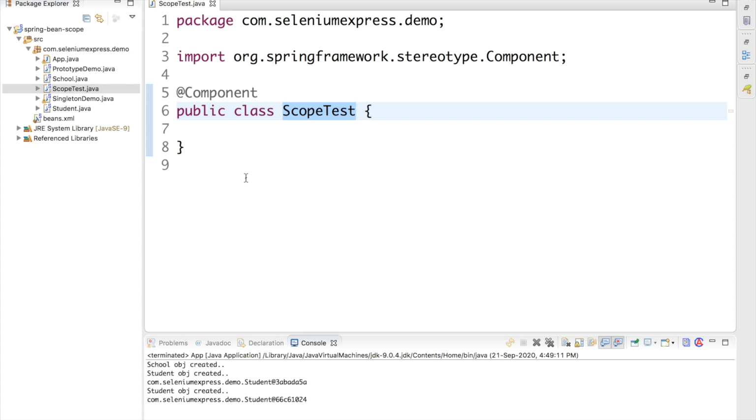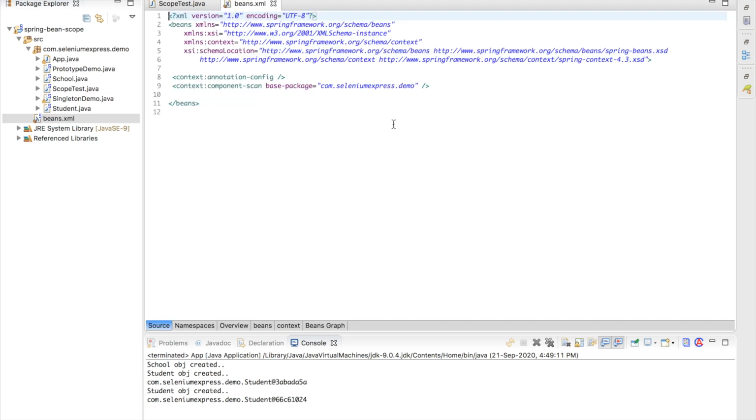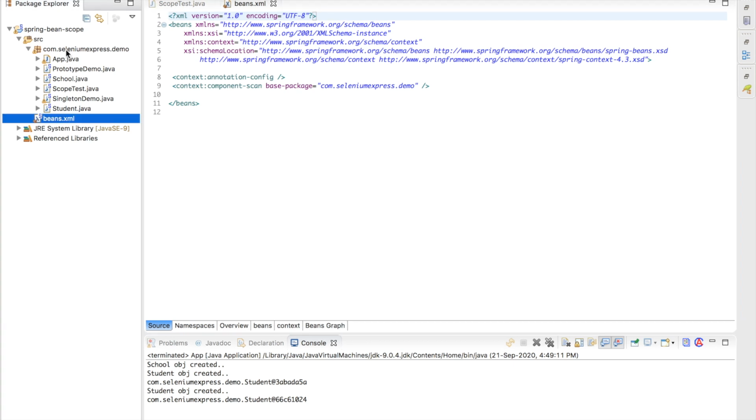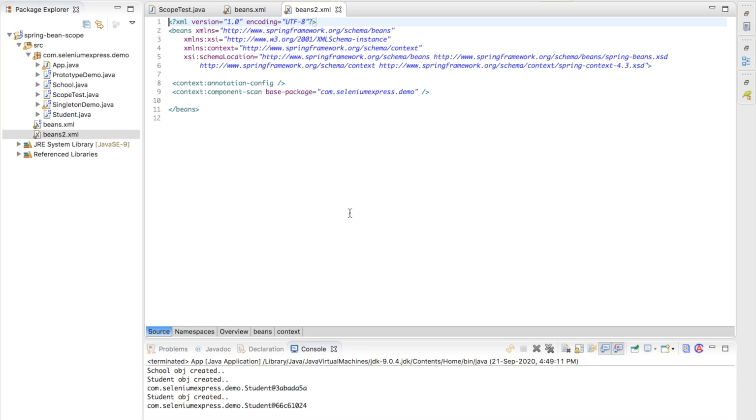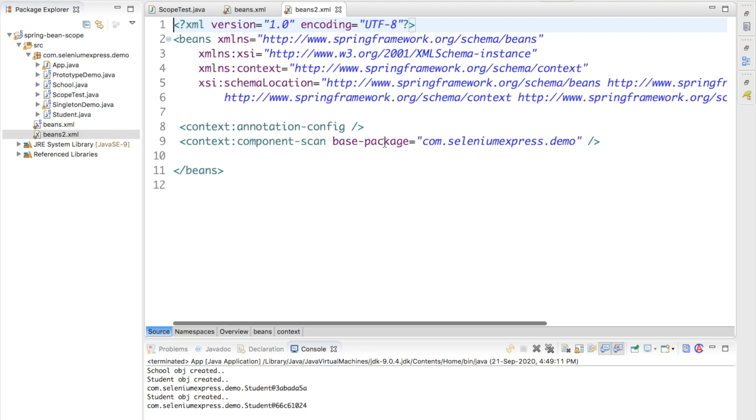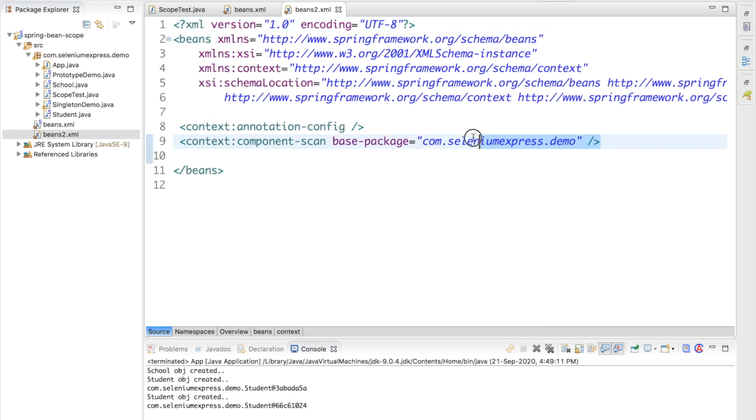Okay, let me simplify this a little. I know this may be confusing. So what I can do, let's say I have one beans.xml right here, right? So now let me copy this file. Let me go to src, let me do Command V, and let me create a new file. Let's say beans2.xml. Right now inside beans2.xml, I have the same lines of code right here, and I do not want to change it. It's basically going to scan the base package